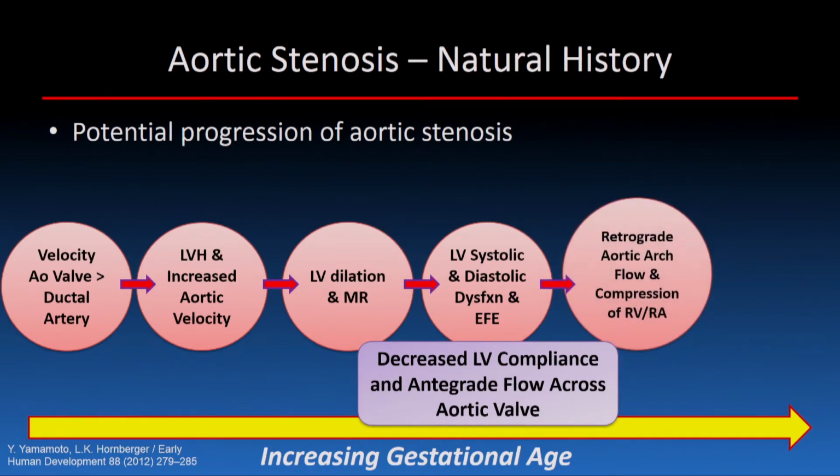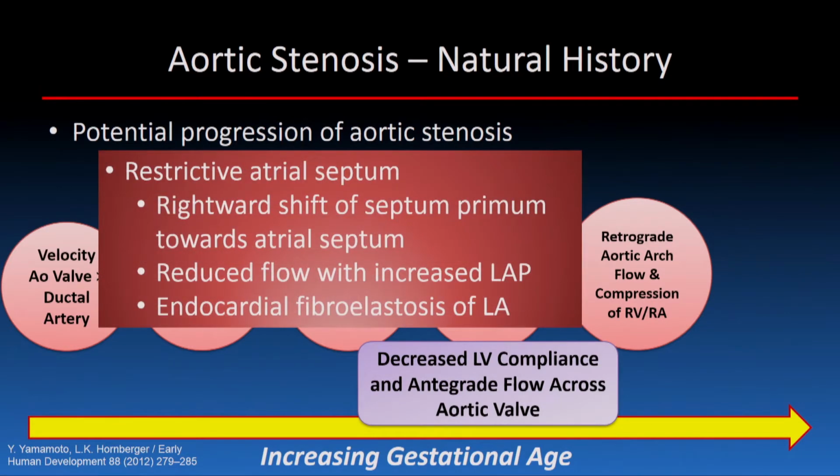As that happens, we develop retrograde aortic arch flow, and that dilation of the left heart structures will compress the right ventricle and the right atrium, and that will actually even change our dynamics of the atrial septum as well. We'll have a rightward shift of the septum primum towards the atrial septum and reduced flow across the